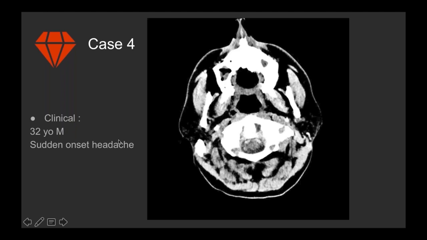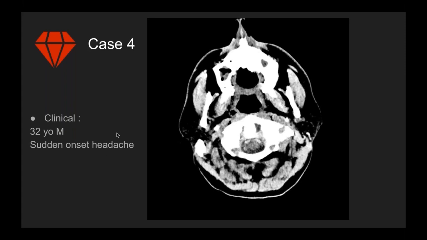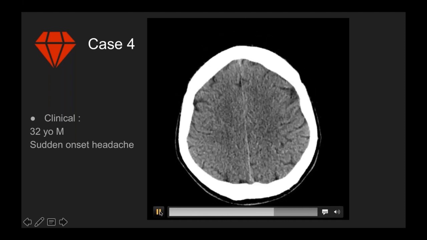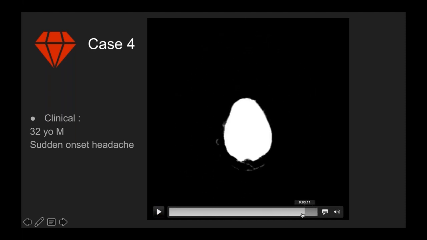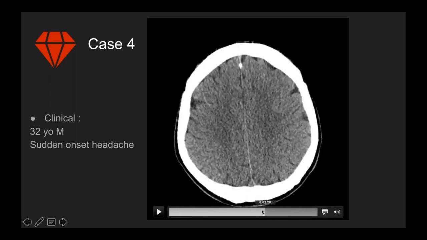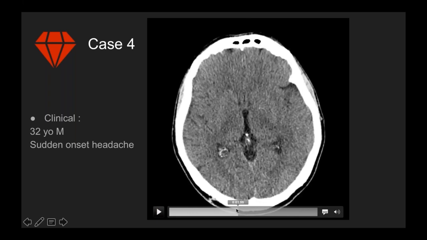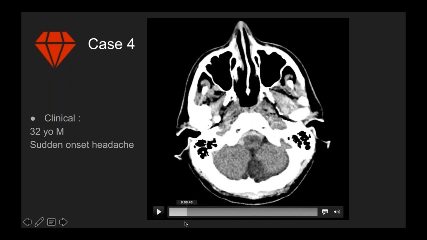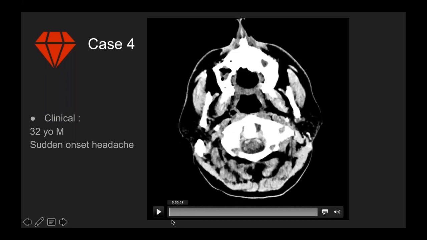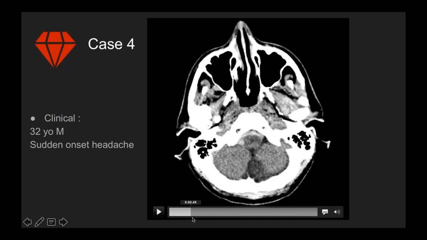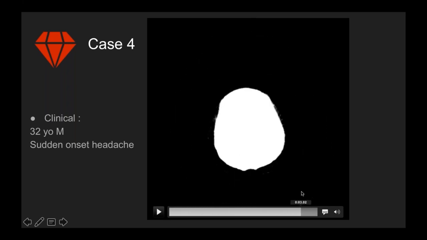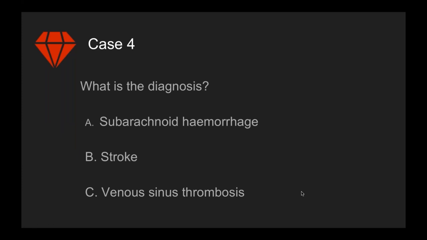Okay, so we're on to case 4 already. And this time, this is a 32-year-old male with a sudden onset headache. So just have a look at this. Let me just go through it manually. Okay, so let's have a look. The same options again. So if we go to the poll,